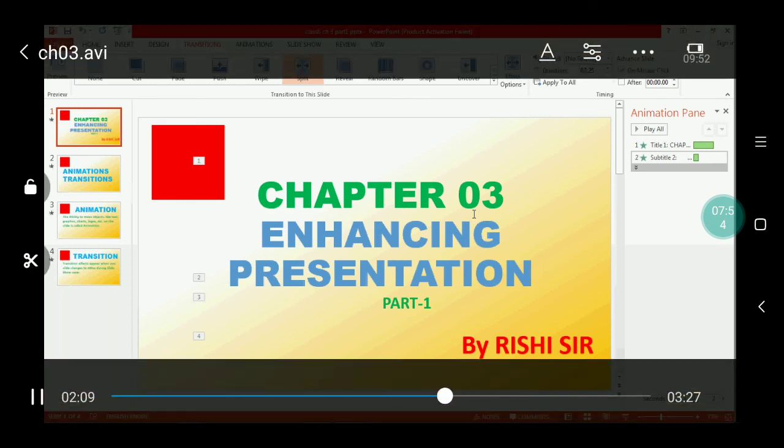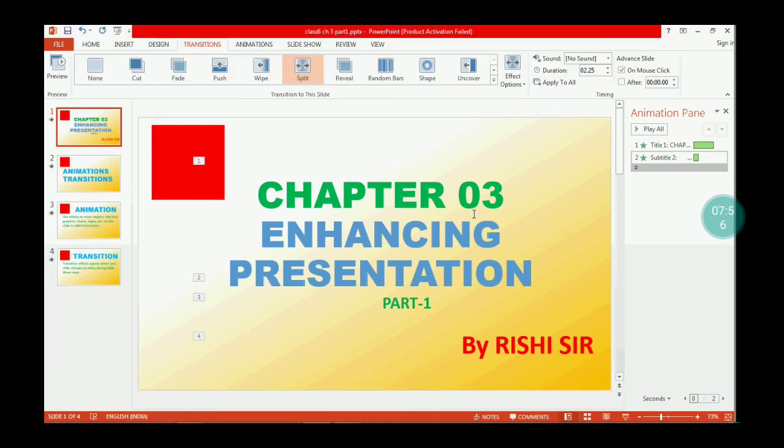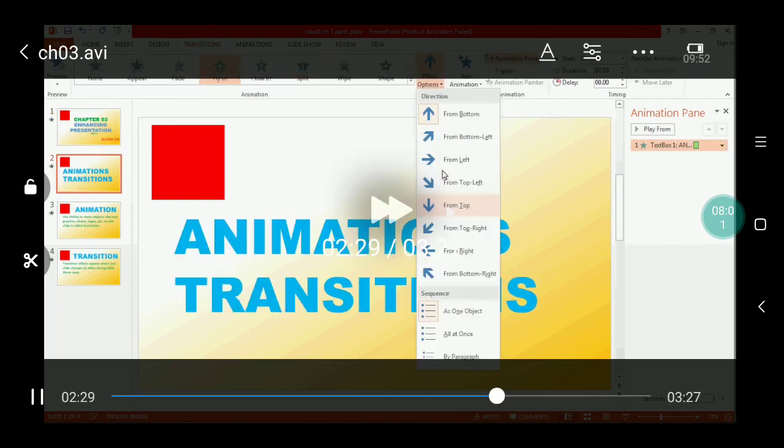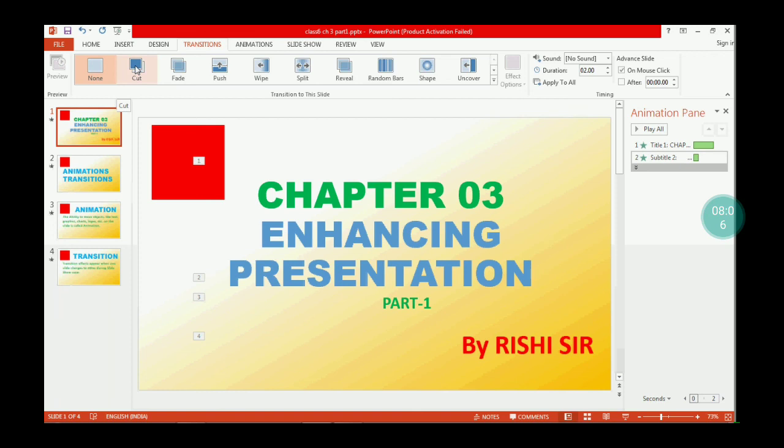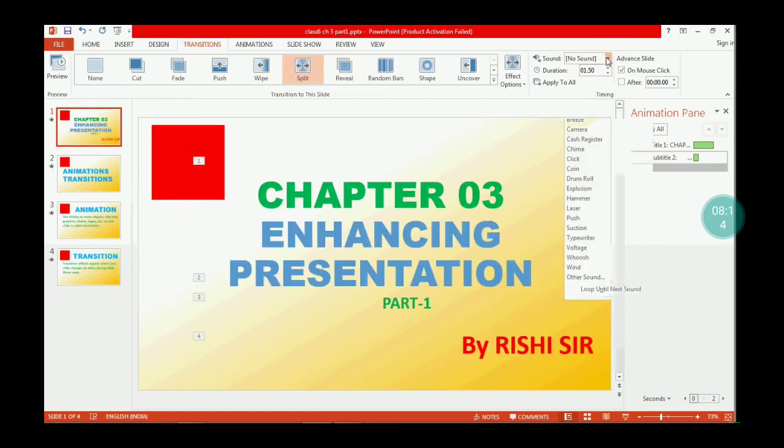According to your choice, you can apply whichever you like. Now select any slide. These are transitions. Fade, Push, Wipe look like this, Split looks like this, and you can add sound also. You can change the duration. You can apply to all. So this is the way you can apply transitions.